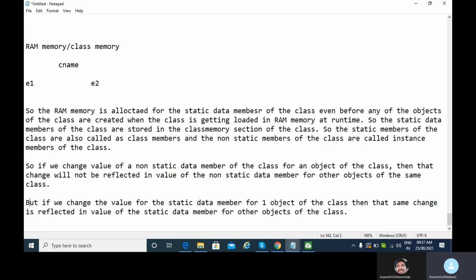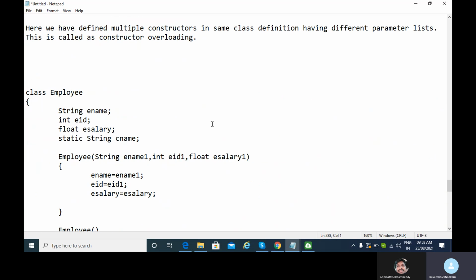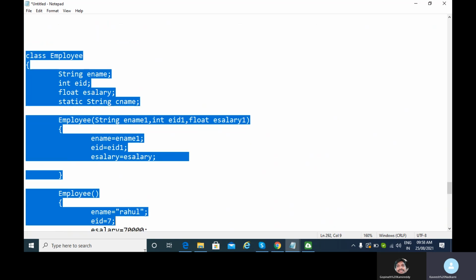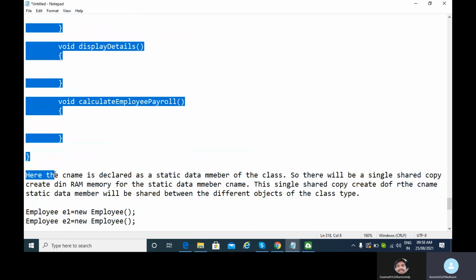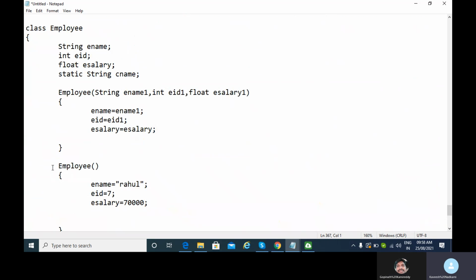Understood, Gopinath? Okay. Also, one last point for today I would like to tell. Then tomorrow we can do one or two programs on this, and then I'll teach you how to accept input values from the user. Clear? So generally, when we define a class, we use the concept of encapsulation, which means the data members of the class should not be accessible by other objects of other class types. Means they should not be accessible outside the class definition.